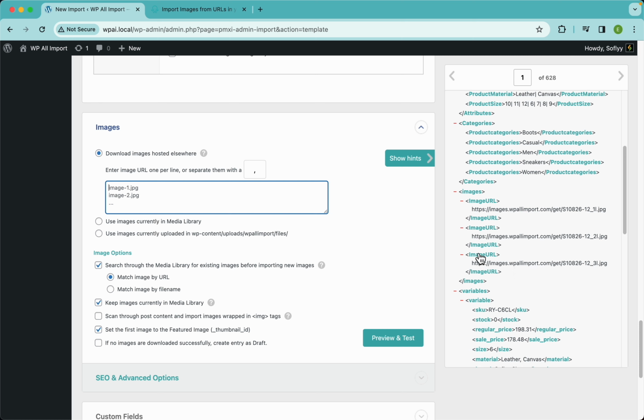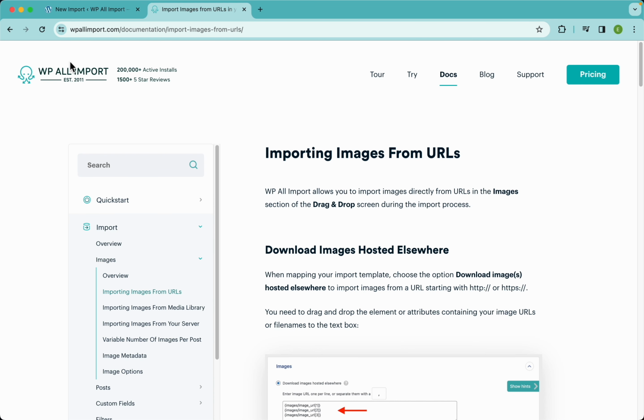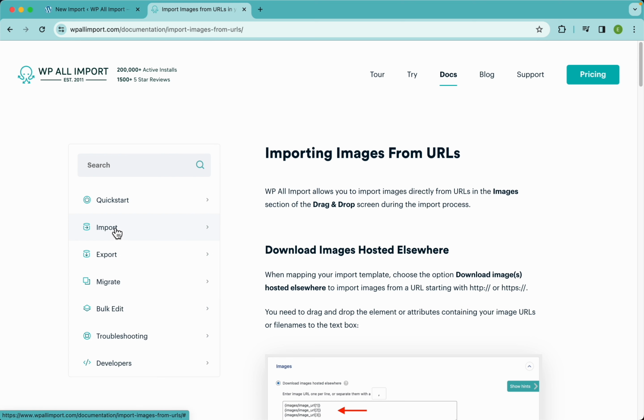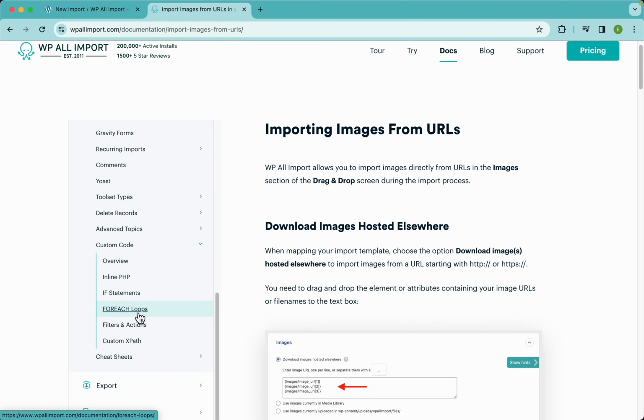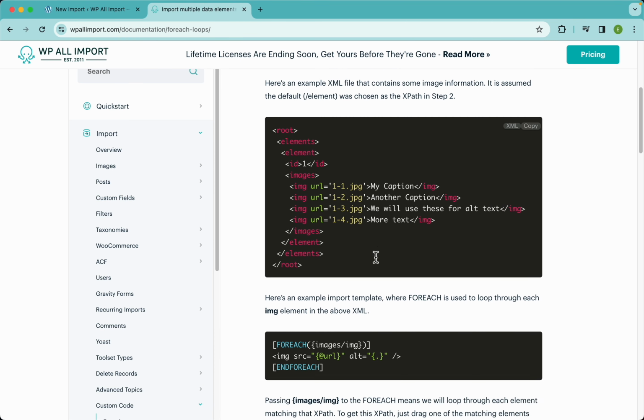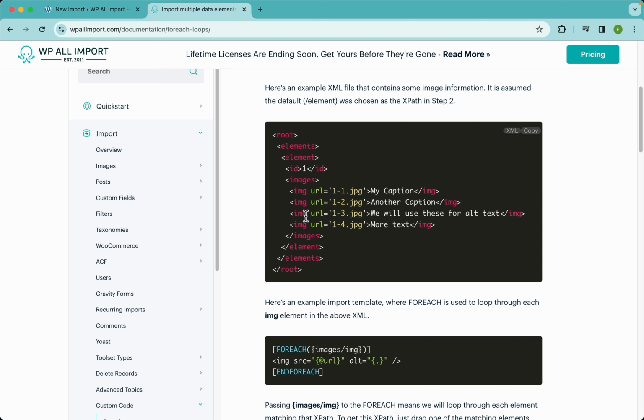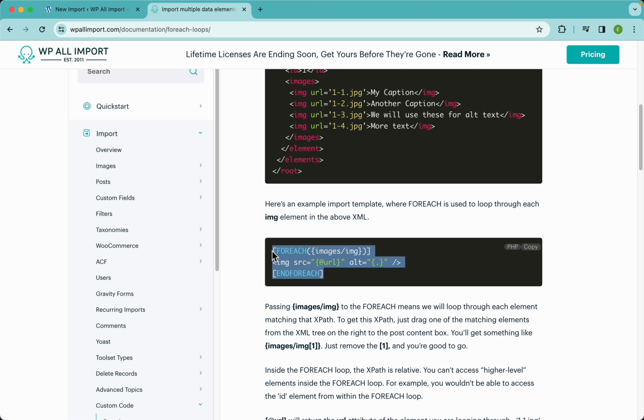So for that, let's just go here to wpimport.com, click on docs, open up the import tab, scroll down a little bit to custom code, and go here to for each loops. Now, a for each loop is basically a piece of code that will iterate through some elements and will get some data from them. Now, we just need to copy this code,